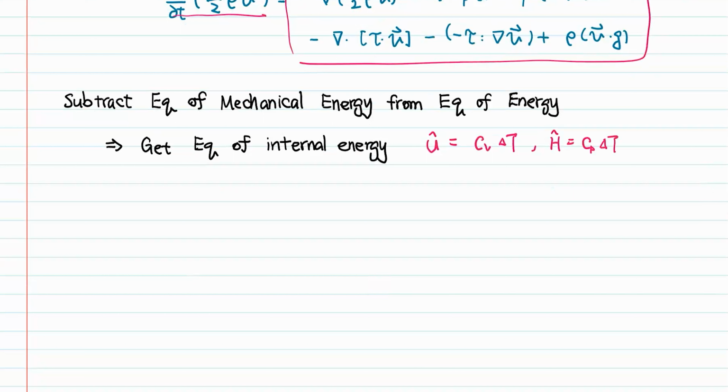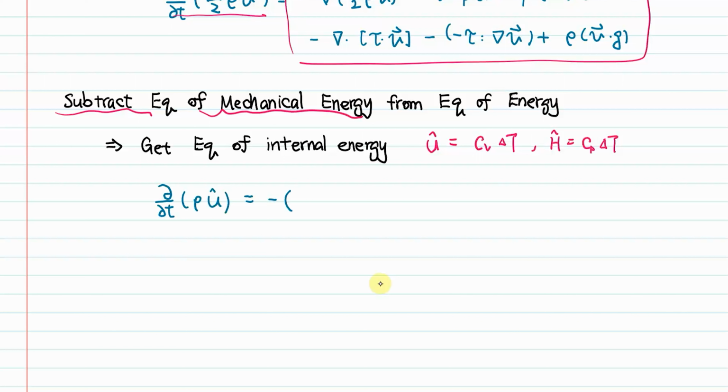So if we have an equation just having the internal energy or the enthalpy term, then it's going to fulfill our initial objective to have an equation where temperature appears. So that's why we're subtracting the equation of mechanical energy, because now on the left hand side we only have the internal energy term left. Okay, so if we do that, we now have the equation of internal energy that only has the internal energy term on the left-hand side, which equals